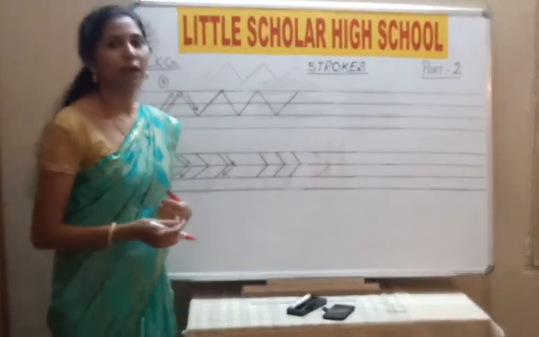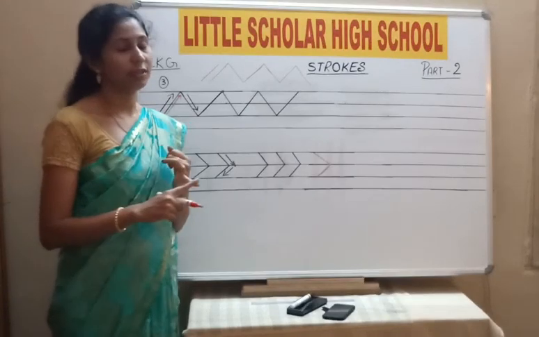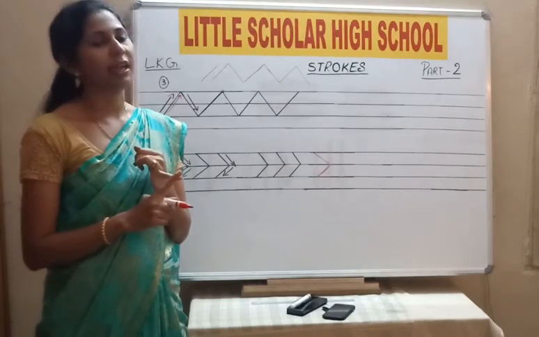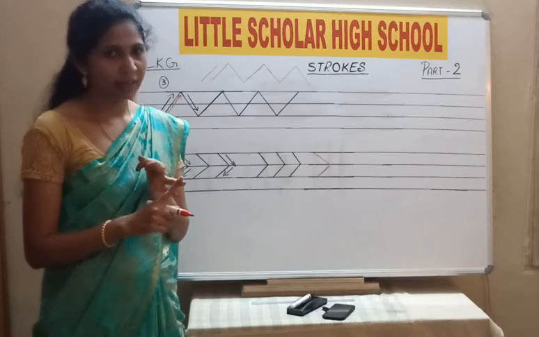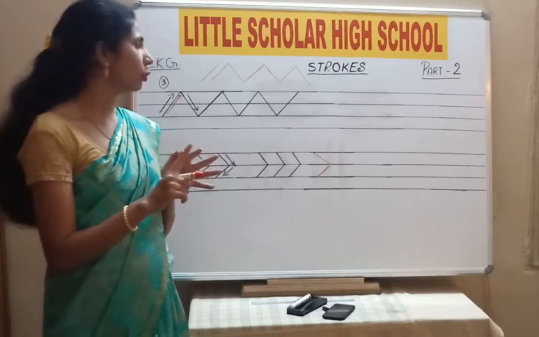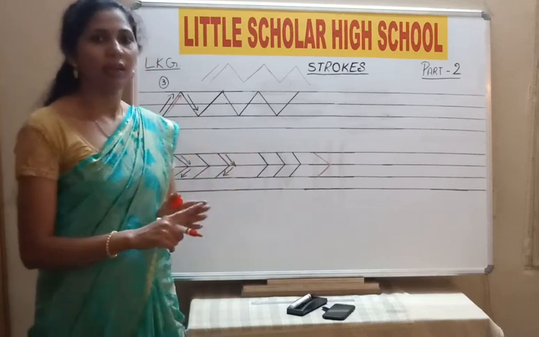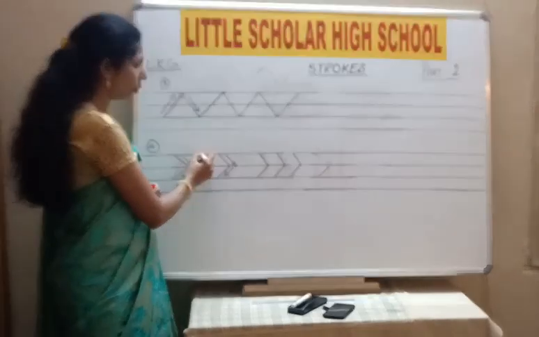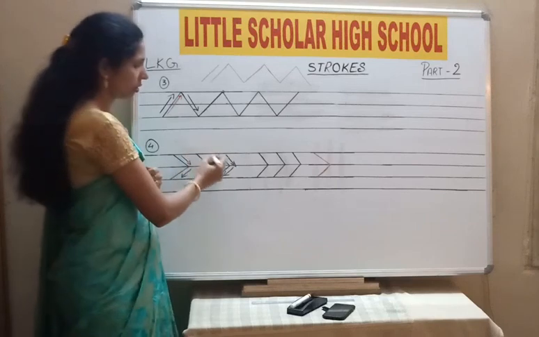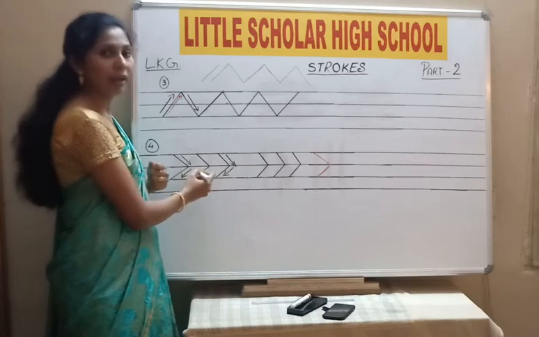Okay children, as I taught you, the first line will be a sleeping line. Now repeat along with me. The first line will be a sleeping line. The second line will be a standing line. The third one will be a slanting line. The fourth one is towards your side, so this is called a side slanting line. The slanting line goes like this, and again towards the bottom. It goes towards your right and then again comes back to your left side.